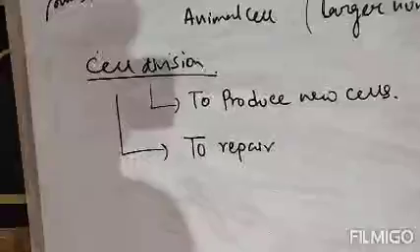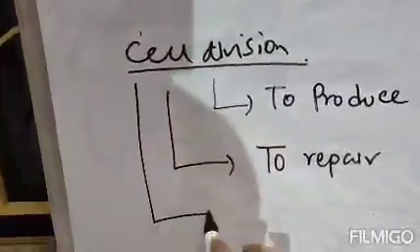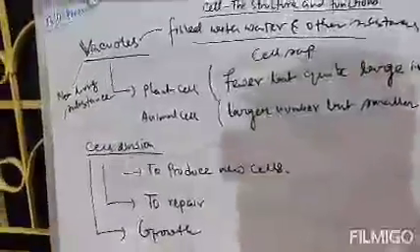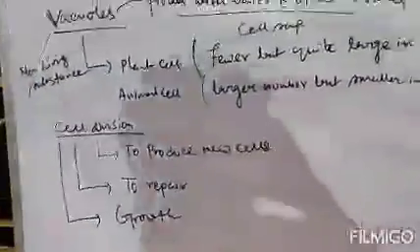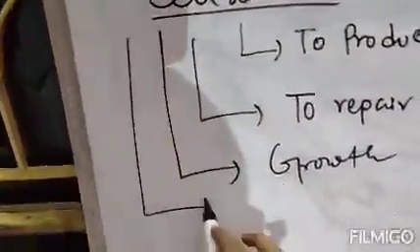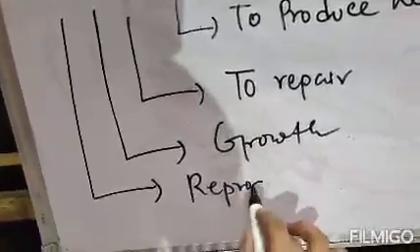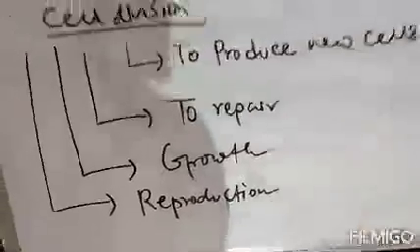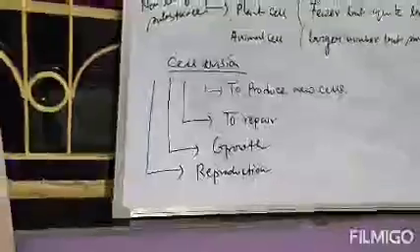Clear? Number three function is the growth of the cells. It functions in such a way that cells can grow better day by day. Clear? So the third function is the growth of the cell. And number four, but not the least, its function is reproduction. That is, to produce new cells from the pre-existing cells.